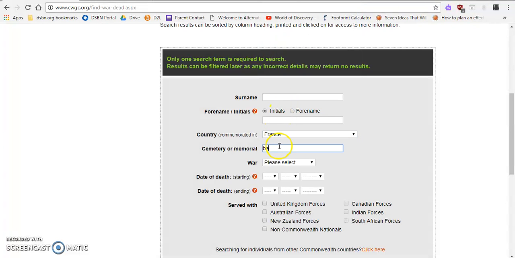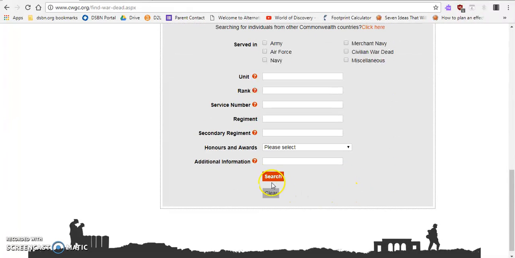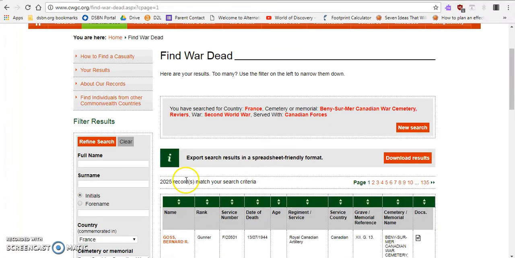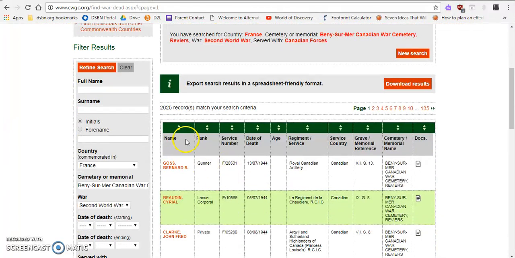We're going to type in BENY, and it will bring us a link to Beny-sur-Mer. We want this to be in the Second World War, and we want to make sure that we have Canadian Forces checkmarked. You will then click Search. On this, you'll notice that there are 2,025 records, and through this, you can search by name,